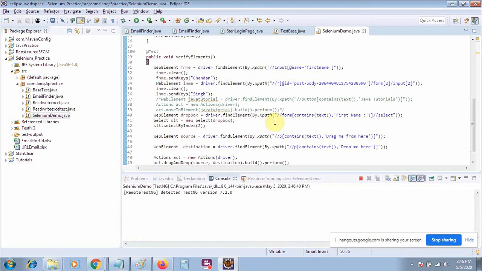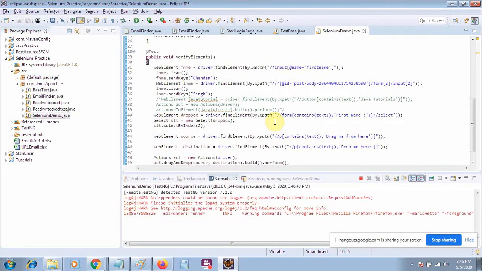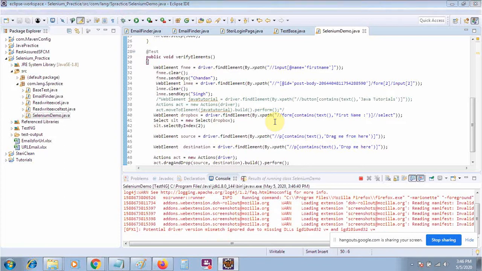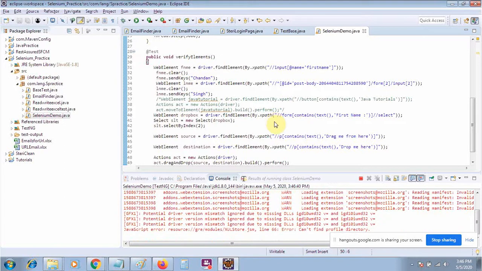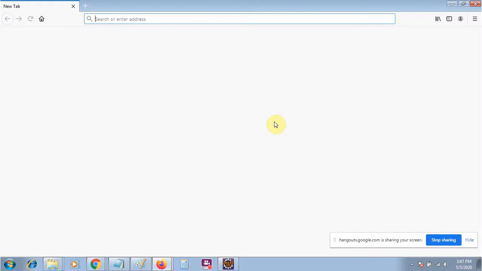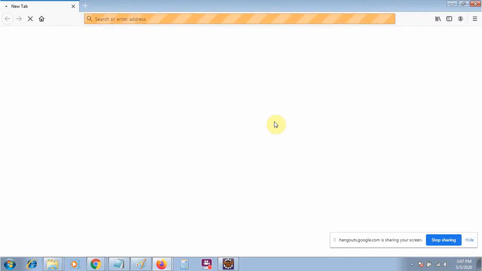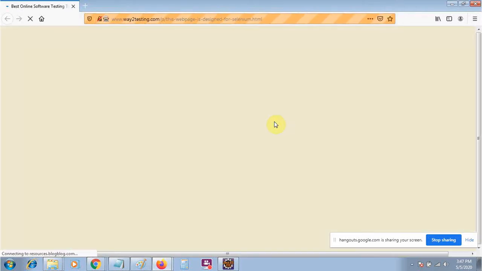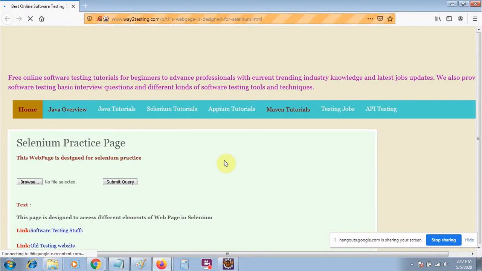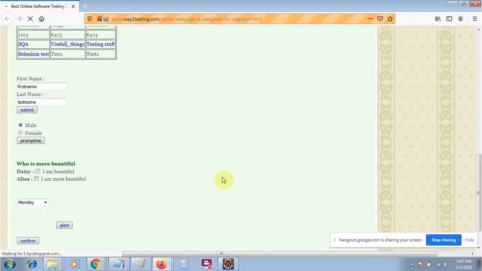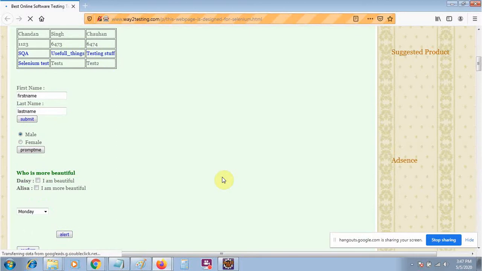And tomorrow we will work on some framework designing part, like how to design the page object model, and then in the page object model how to do data driven, then keyword driven, and all these things we will work on. Okay, so before the page object model we will work on some driver reference, like how to pass one driver instance to multiple classes. We will work on all these things. Okay, and if some small part has been left, then it will be covered while doing the framework or some real time project.